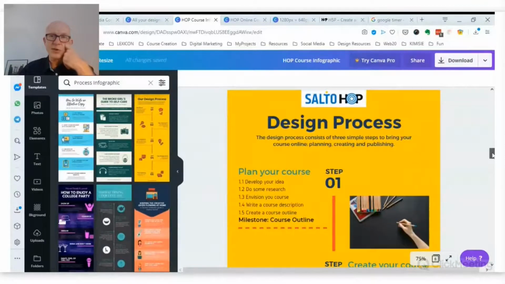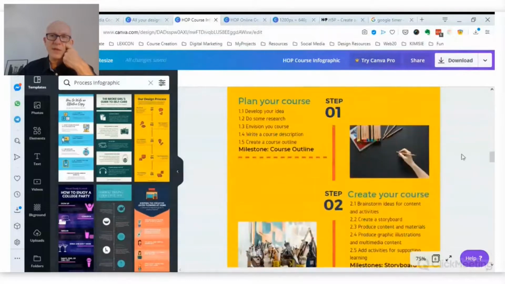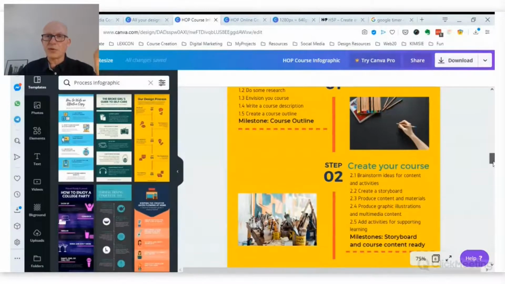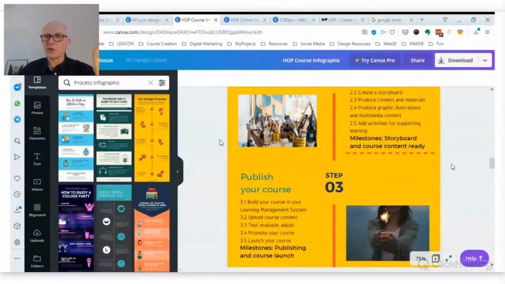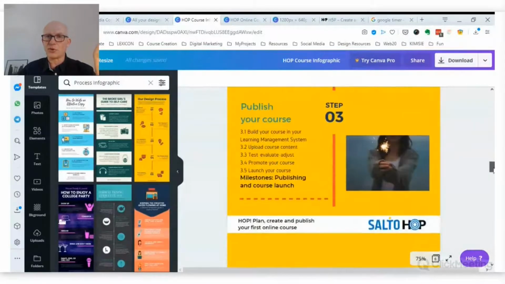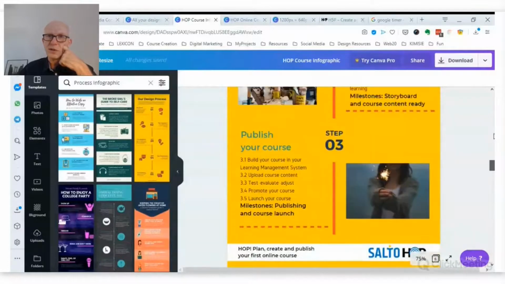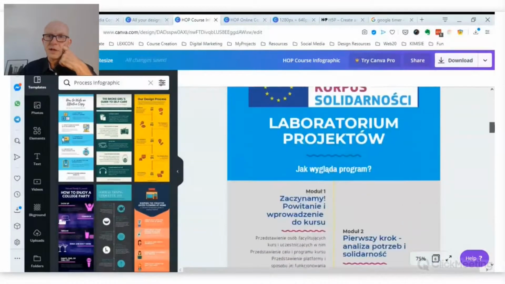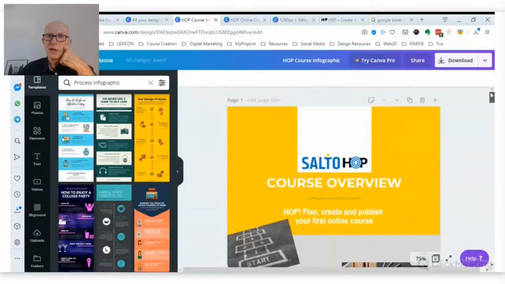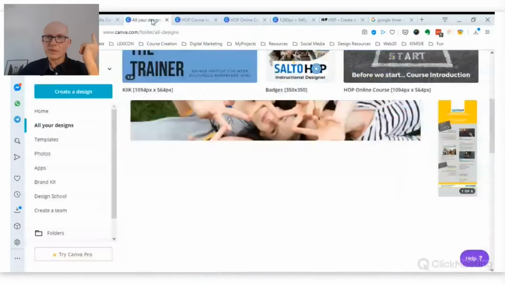So first step, plan your course. And I added here the same for the infographic to remind you that's the picture for this module. Create your course, it's the same picture, and then publish your course. And again, you can add your logos there and create infographics. And the last thing is